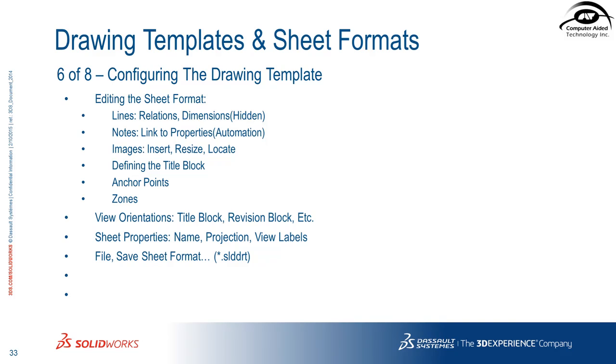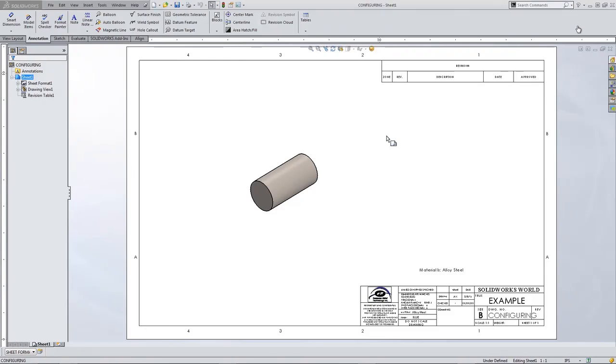But yeah, so once you've got it working with your example model, you're going to save the sheet format out through the file menu. Again, it's not Save As, it's just File, Save Sheet Format. This is a DRT file, the SLDDRT file. Then you want to go back and look at the sheet properties, which is weird. We just did sheet properties right here for name, projection, and view labels. Once you save the sheet format out, and you call it my B size sheet format or whatever, you want to go back into the sheet properties of your drawing